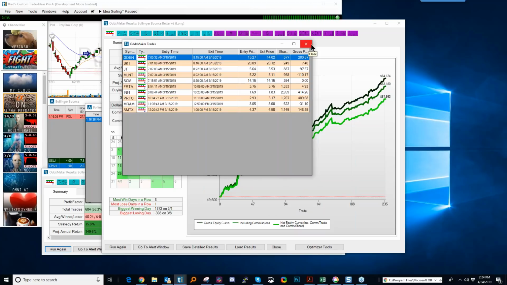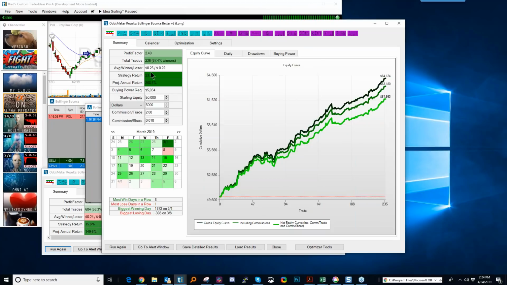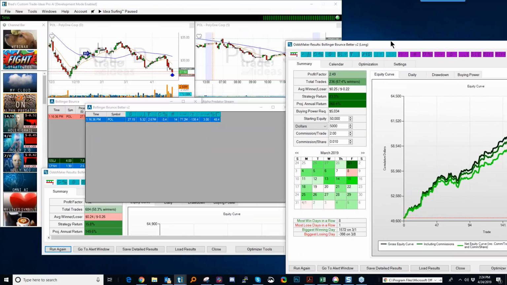Yeah, so the backtester, the odds maker, we developed that about 9 or 10 years ago. It's incredibly powerful, but it's not incredibly easy to use, and that's one of the reasons why we actually put computers on the task of running this piece of code and determining how to best manipulate a strategy from a mathematical perspective. So there's a lot to the odds maker. You could do a whole webinar on the odds maker with respect to its ability to optimize, but let me just show you one thing.